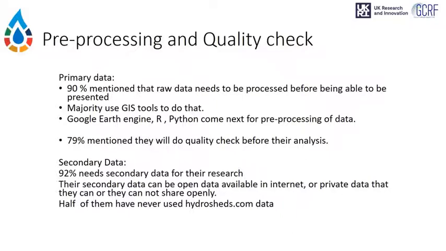92% need secondary data for their project. This is huge. We need to come up with practical solutions. Secondary data and open data are not always reliable and accurate, and we need to be sure that we all use the same source. I also asked them if they have ever downloaded any data from the following website, HydroSHEDS. Apparently, this is going to be one of the main websites for the drainage basins, but half of the participants answered no.